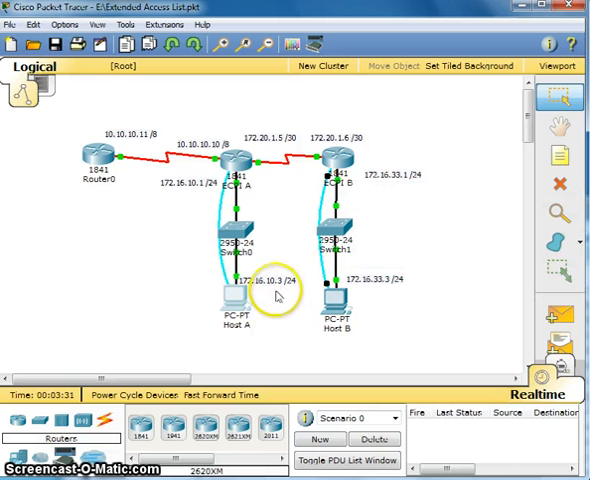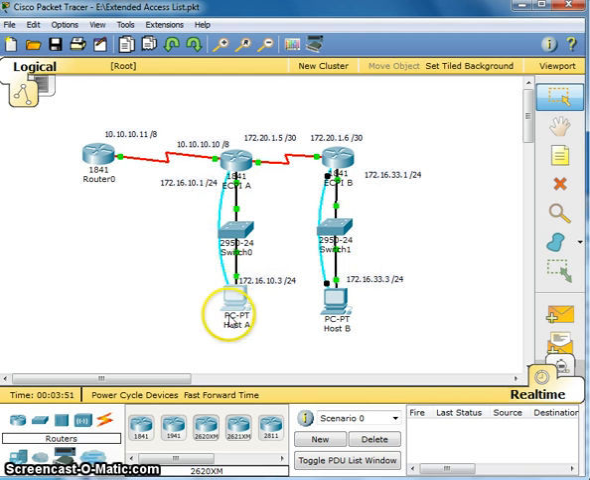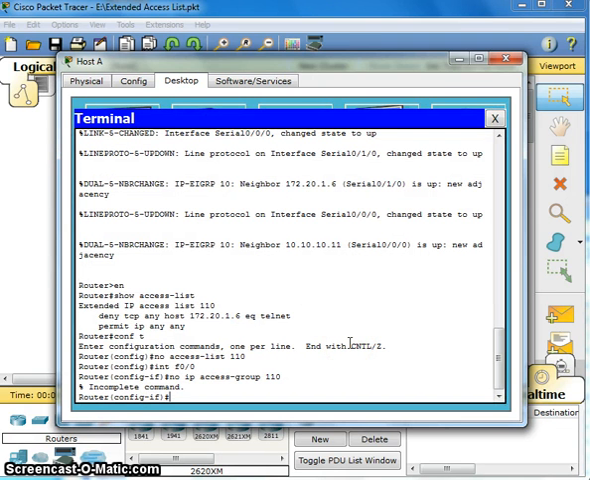I tested it earlier. Okay, so now I'm going to apply an extended access list. Unlike standard access lists, which are applied closest to the target, extended access lists are applied closest to the source. So we're going to apply this access list to the fast Ethernet port on the router closest to the source. So I will go into the terminal and connect to the router,